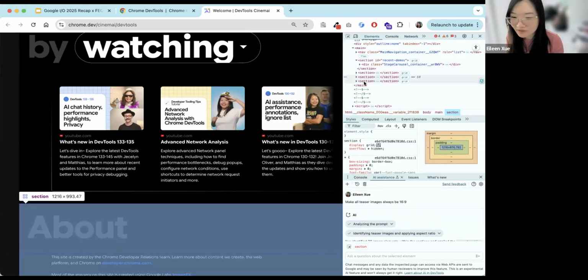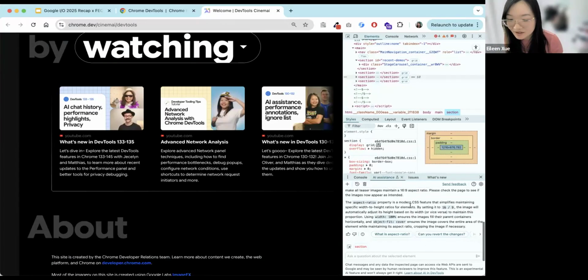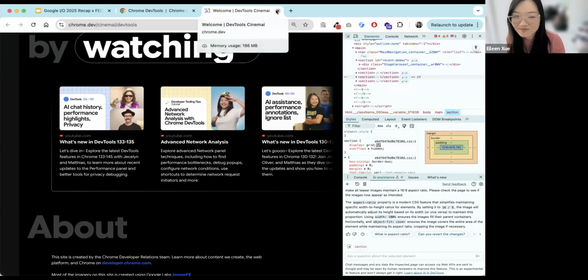Because usually what we have to do is figure it out here, then copy the code and bring it back to your code base. So this way, if you connect it, it will just apply directly. That just saves you one step. Yeah, so I hope that is exciting.